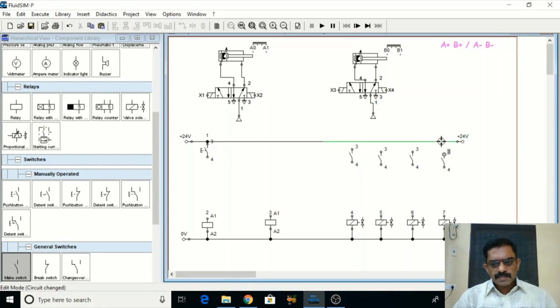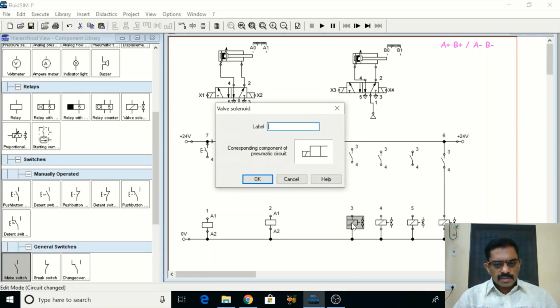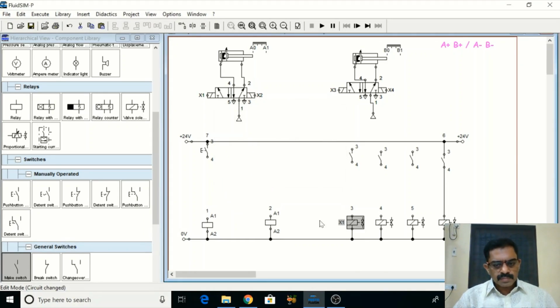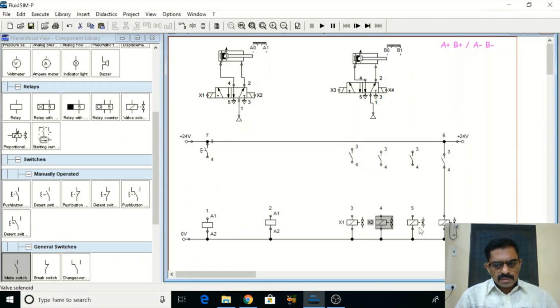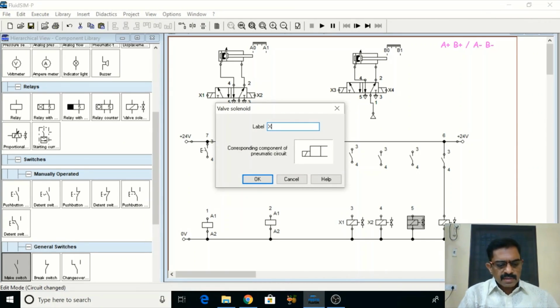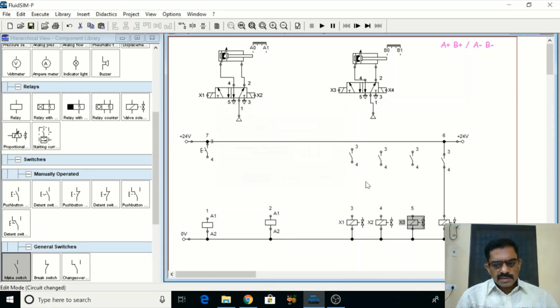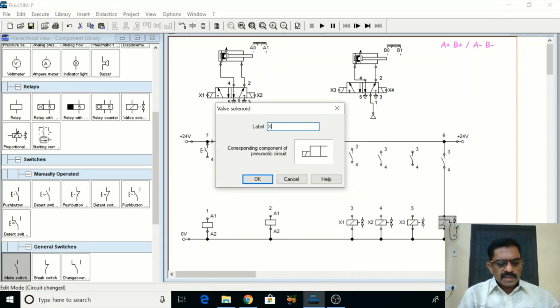So this is my, so let me connect everything. So this is, let me see, it is my x1. So x1, and this is my x2, and then this is my x3, and this is my x4.